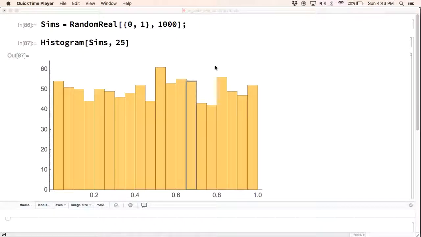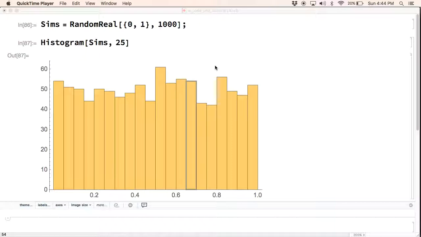Hi. Our next task is to figure out how we can persuade a computer to create sequences of numbers that resemble draws or simulated values or simply just outcomes from a random distribution. The first one we want to look at is going to be the unit uniform because that one is going to serve as our basis for drawing simulations and creating variates from other